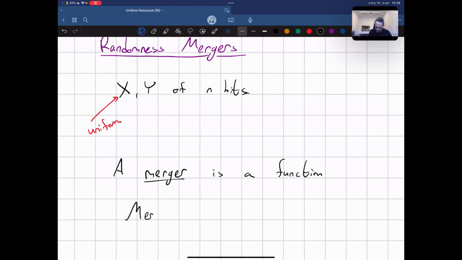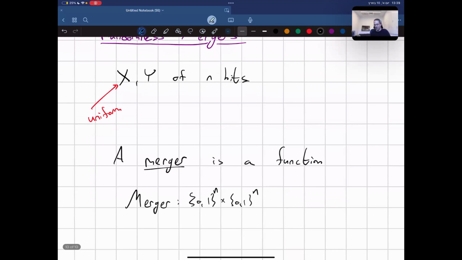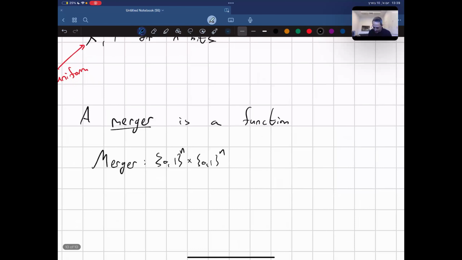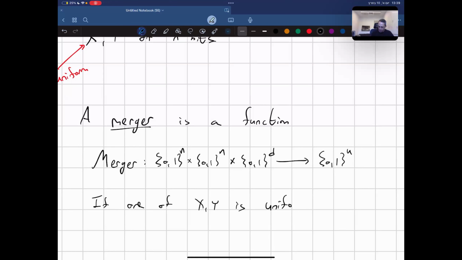Let's call it merger. It gets two n-bit samples. And let me just kill the suspense. It also gets a seed. It cannot work without a seed, despite the structure. And it should output an n-bit string also, with the property that if one of X and Y is uniform,